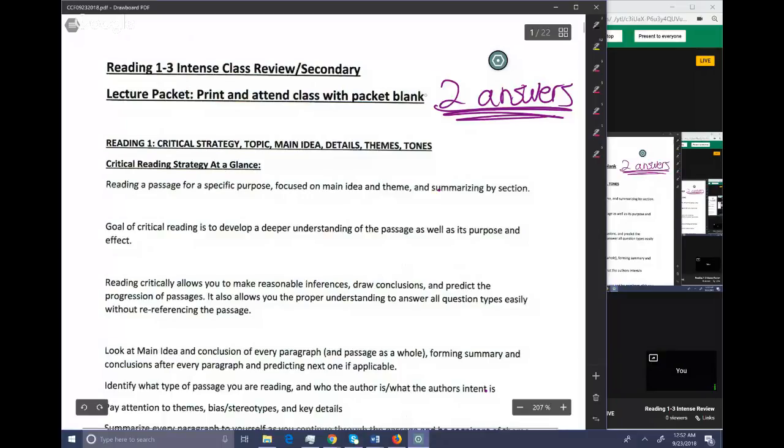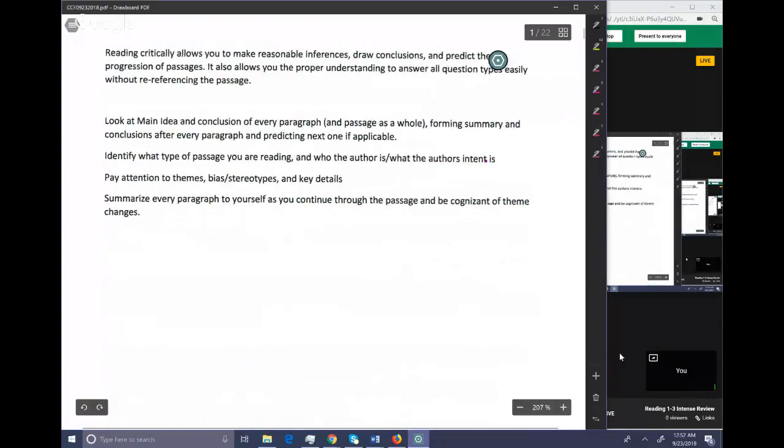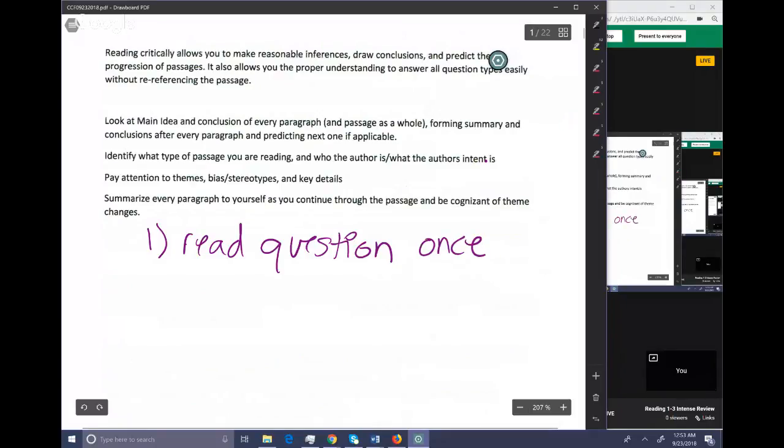And so there's kind of a couple of steps that you take. Let me find a little bit of blank paper here. So the first thing that you do is you read the question, of course. The first thing you do is you read the passage, but I'm assuming that that's a given. So you read the actual question, and you actually are going to read it twice. So you read the question the first time, and you literally just read the question. You read it again immediately,